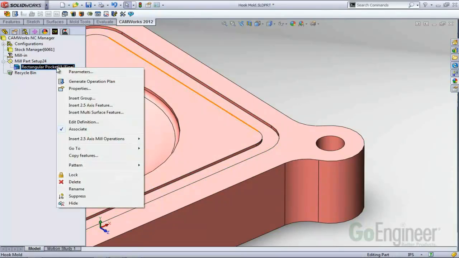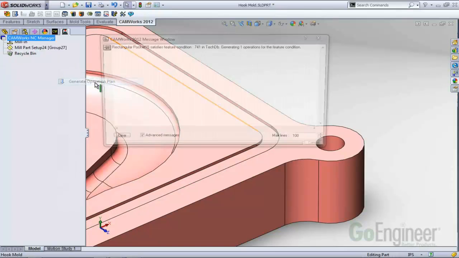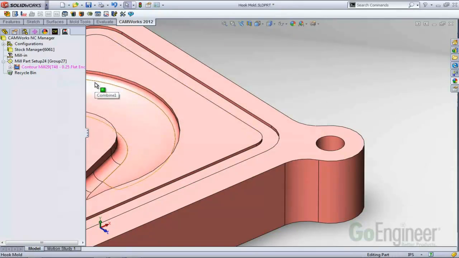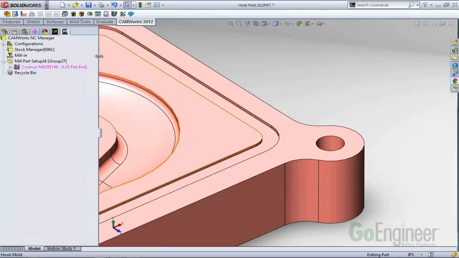And all of those values come from the database. So when I right click here and say generate operation plan, CAMWorks runs that feature through the database and finds a matching entry based on all of those parameters I just listed. And when it finds an entry, it kicks you over to the operation tab and adds the operation that's associated with that entry. So you can see here what it found was a contour mill operation with a 1/4 inch